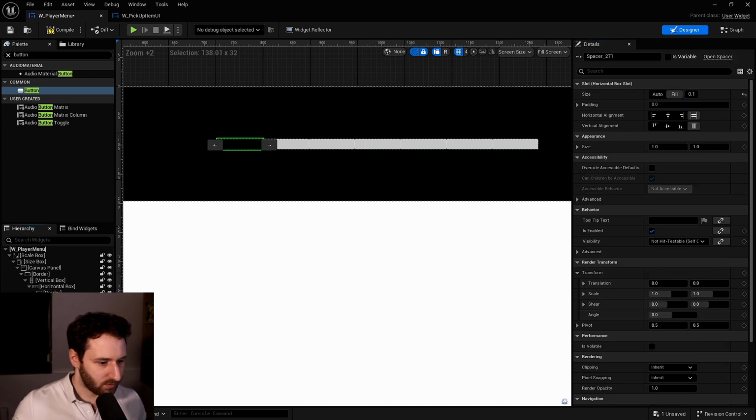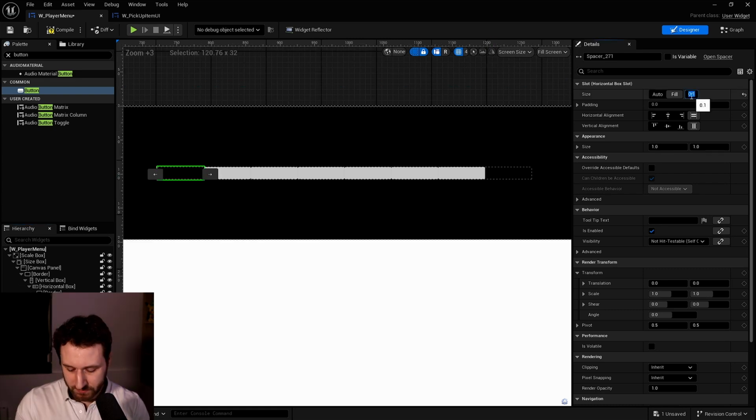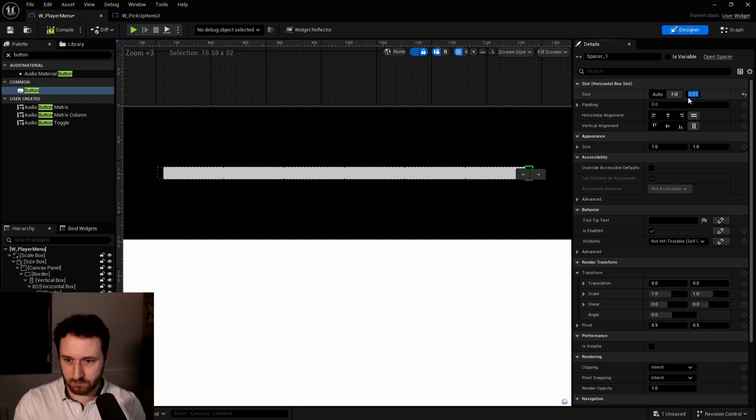Okay, that's nice. Then we need the spacer at the end. So I'm going to duplicate this spacer and put it at the end. So this will be .01 because it has to be a small spacer.